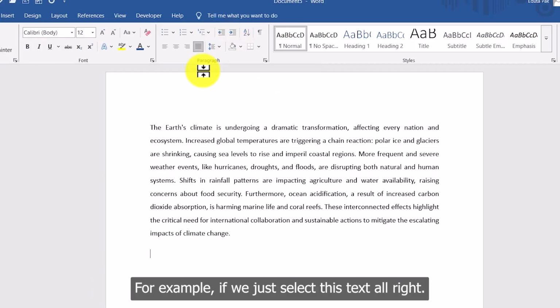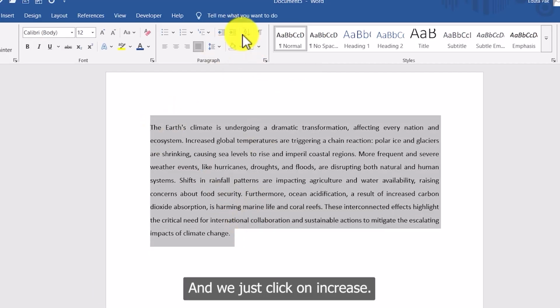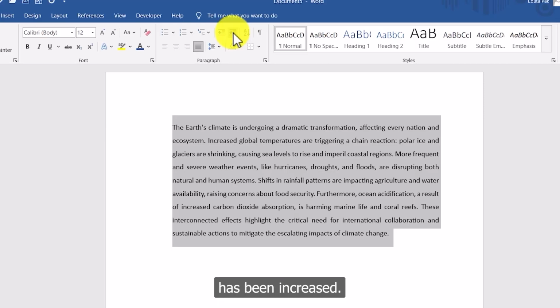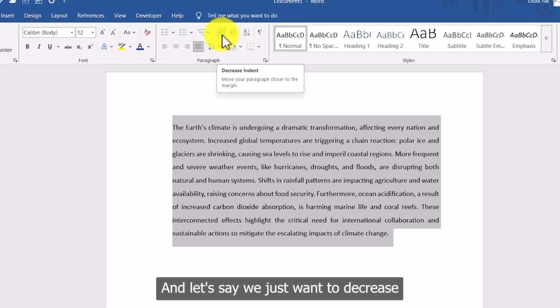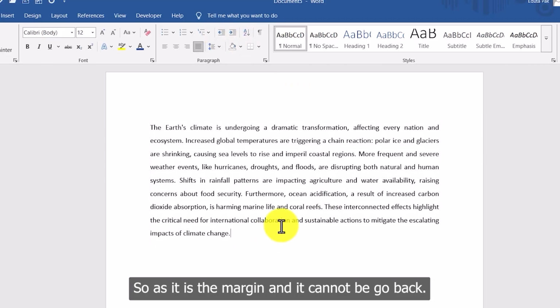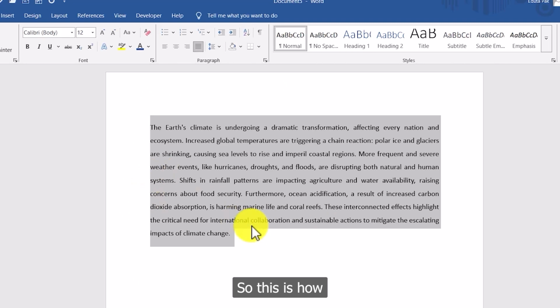For example, if we just select this text and click on increase, here you can see the space on the left has been increased, but it looks a little more informal. And let's say I just want to decrease the indent, we'll click on that and it is in the normal position. But if we decrease a little more, as it is at the margin, it cannot go back, so this is how